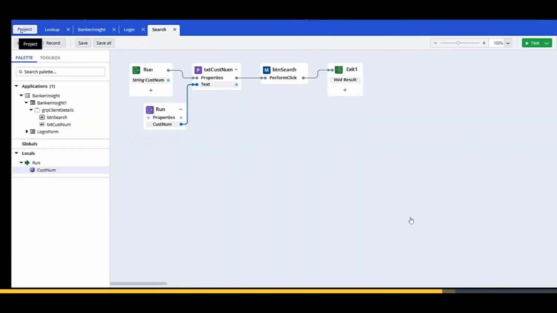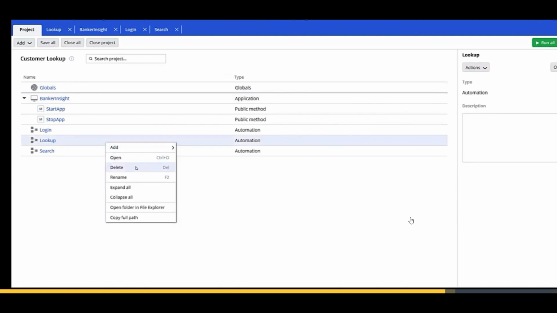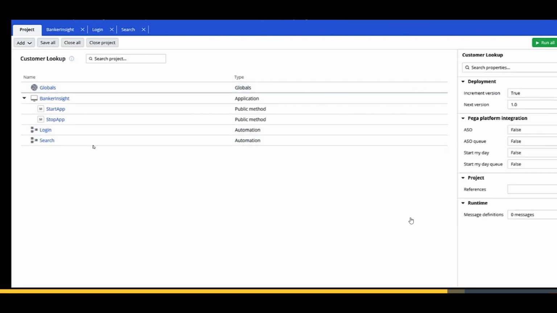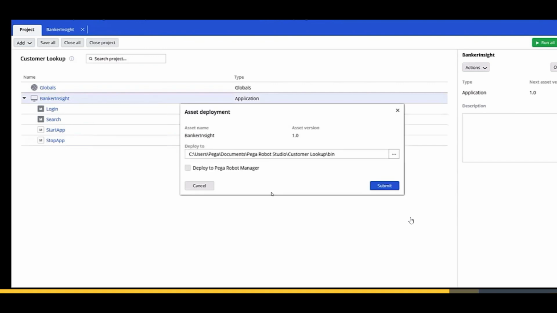It's a reusable component that can be versioned and shared amongst all of your automation developers. So to do that, let me just show it to you real quick. I can just bring these up and deploy this asset all by itself. So this capability lets one person focus on building the interface to an application, and other people can then use that application and its automations within their own